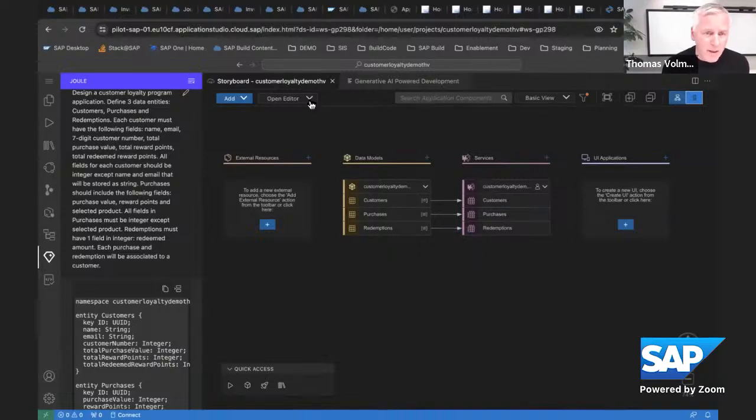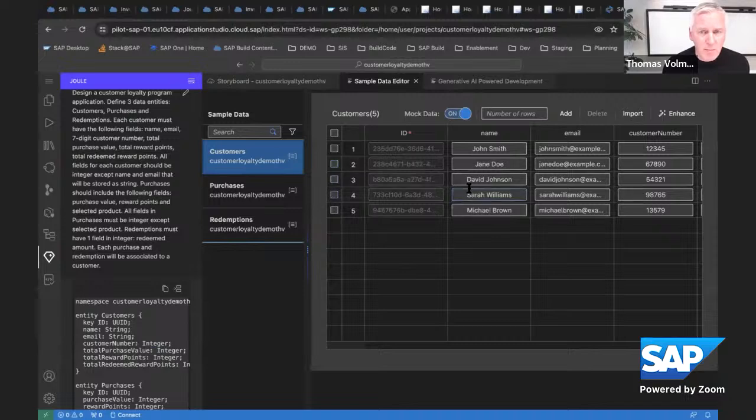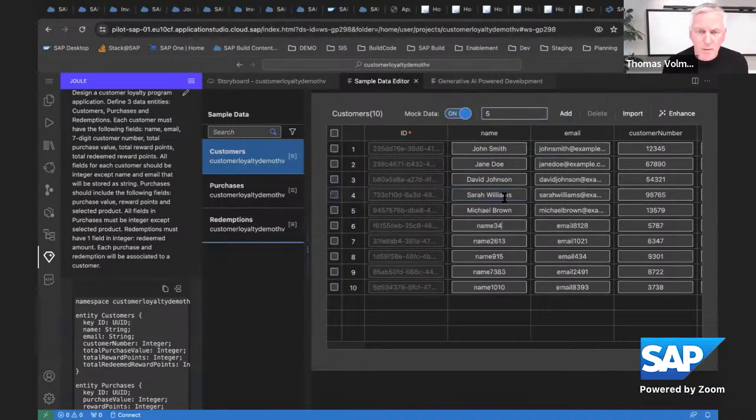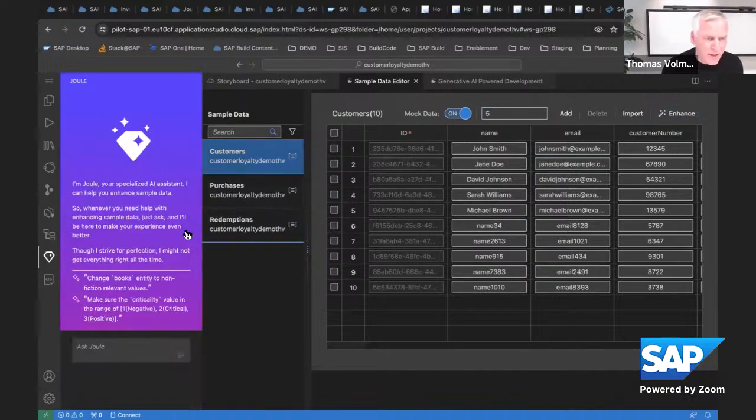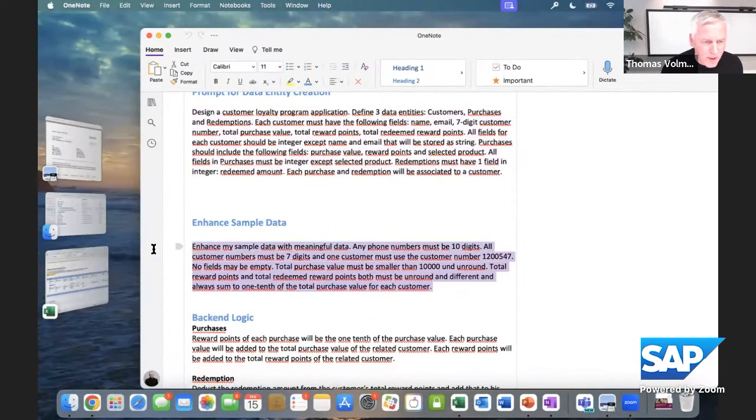Now, the next step that I'm doing is basically taking a look at the sample data. Automatically, CAP has created sample data here. I will just simply say, I'm going to add 5 rows, and I want to enhance this sample data. So let me go here and say, I want to copy this for the demo